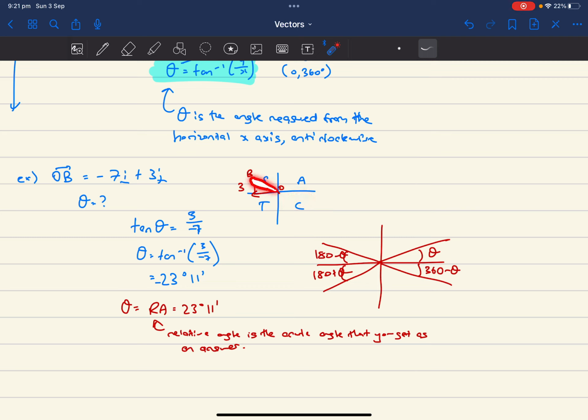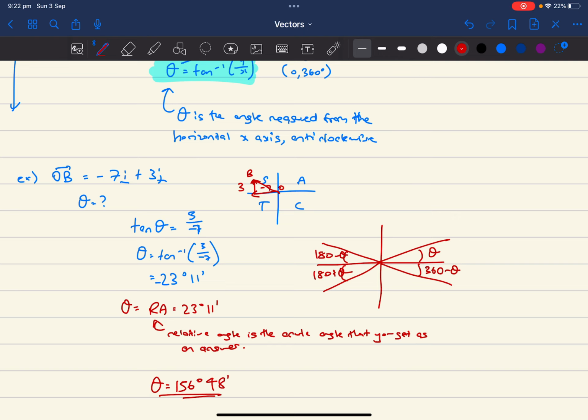Just visually, it's somewhere here, so it has to be in S. If I wanted to find the actual angle, I can see it's in this quadrant, so I'll use this formula, right? 180 minus theta. If it was in C, for example, then I'll use this, right? 360 minus theta, which is 23 degrees, right? So if you put in your calculator 180 minus 23 degrees, your actual angle for this question is going to be